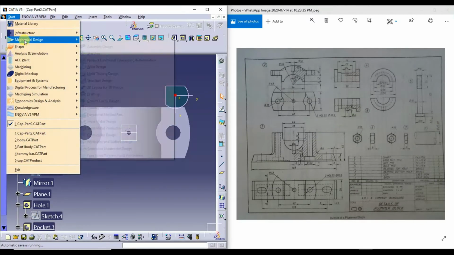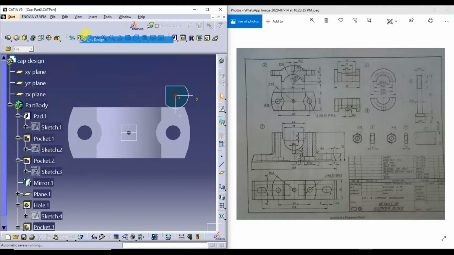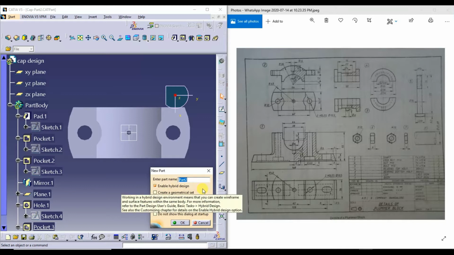I'll go to the mechanical design. Under mechanical design, go to the part design. I'll call this as a body, part 1.